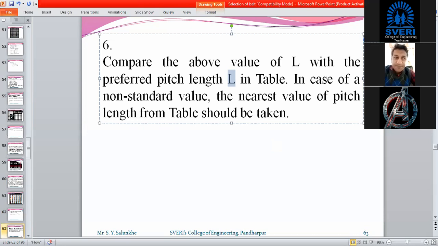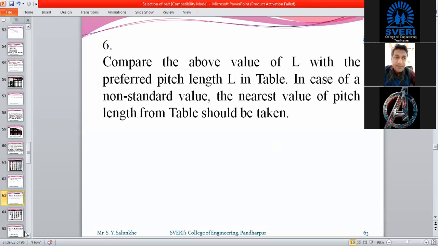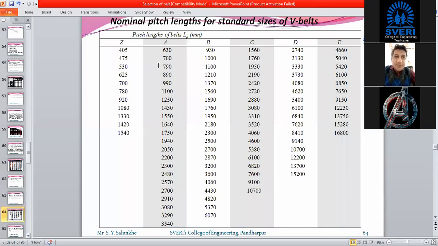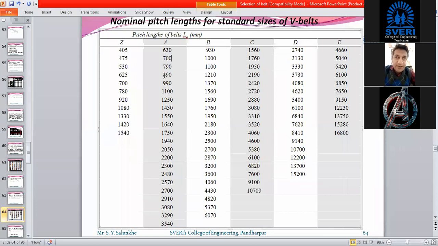Non-standard means what? If suppose for the A category, my value of length is coming as 635 millimeter, then I cannot choose it as 635 millimeter, but you can choose 700 millimeter.